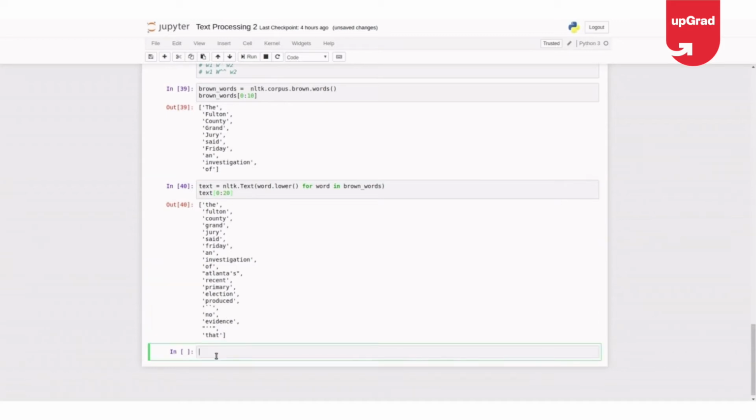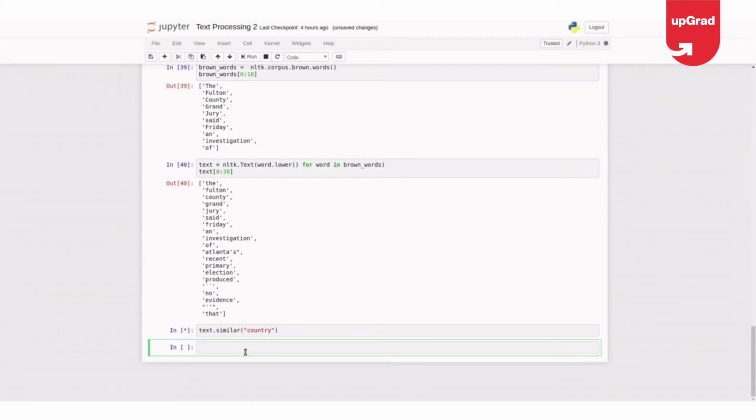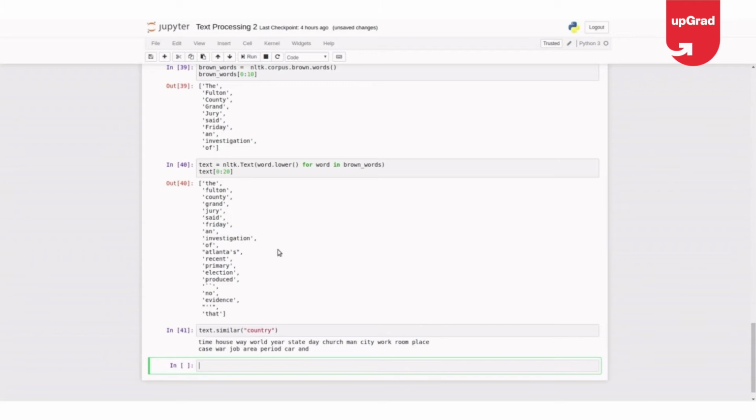And if I say text.similar, suppose let me check it out, country. What are similar words like country in this corpus? It's still running because it's hovering over all the data, and it is saying time, house, way, world, year, church, no, are also similar kind of words like country because they appeared in similar context in the corpus.